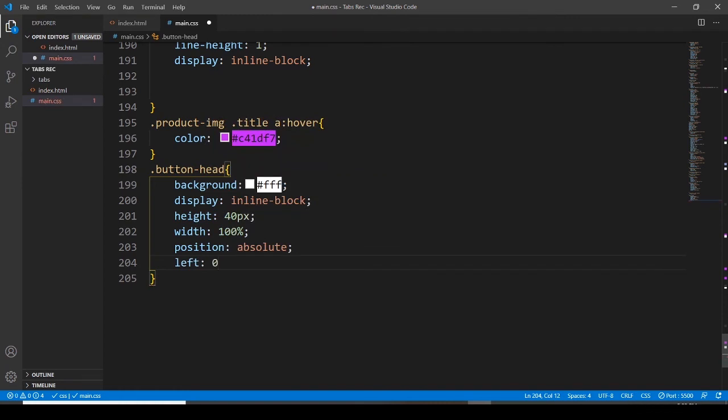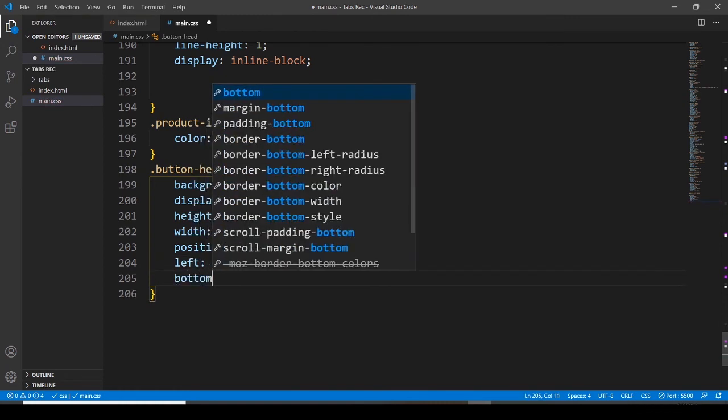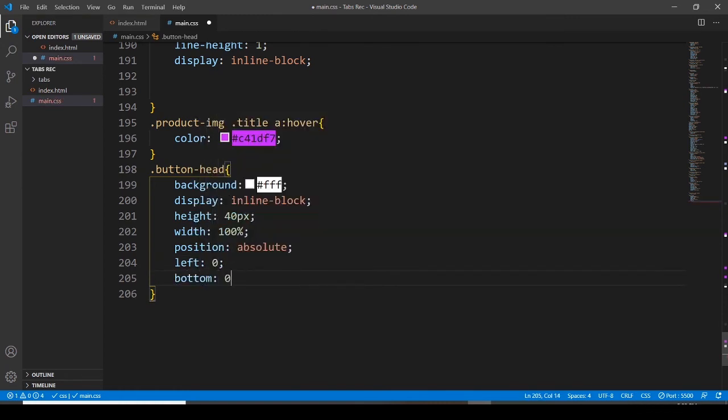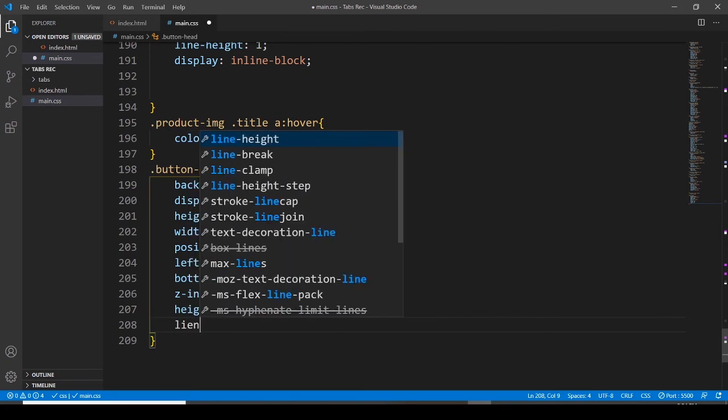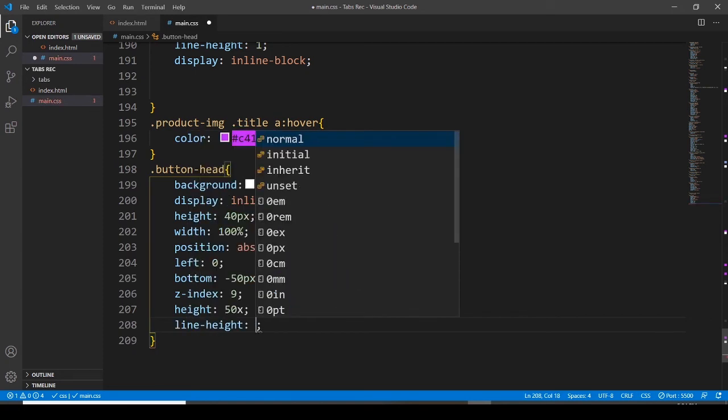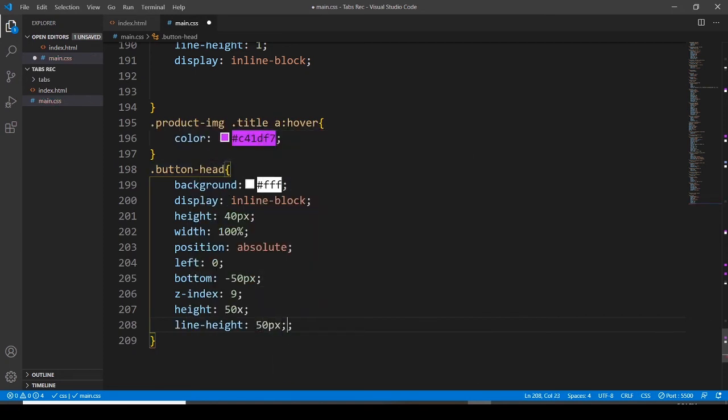Left is going to be 0, bottom is going to be minus 50 pixels, z-index is going to be 9, height is going to be 50 pixels, line height 50 pixels, transition all 0.4 seconds, ease,